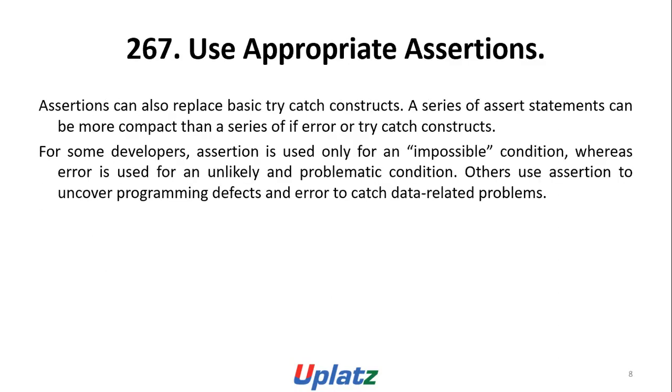Use appropriate assertions. Assertion can also replace try-catch constructs. A series of assert statements can be more compact than a series of if, error, or try-catch constructs. For some developers, assertion is used only for an impossible condition, whereas error is used for an unlikely and problematic condition. For others, use assertion to uncover programming defects and error to catch